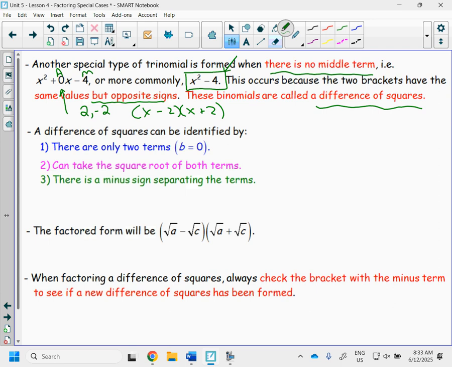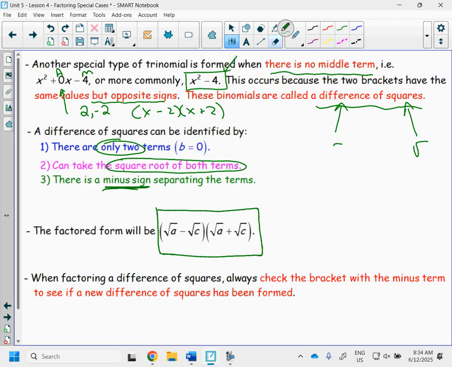Okay, you can identify them pretty quickly because, well, there's only 2 terms. You actually have to be able to take the square root of both terms also. And there's always a minus sign. Minus sign because it's a difference. Squares because you can square root them. That's literally what we're going to do here. So our answers are